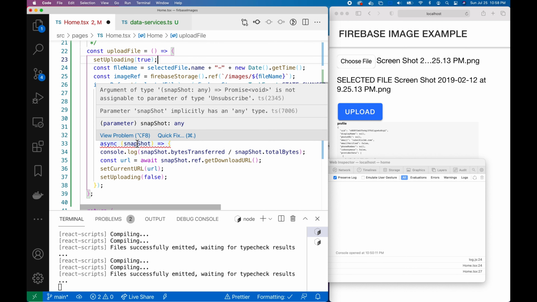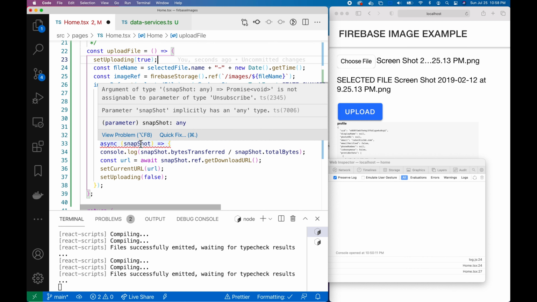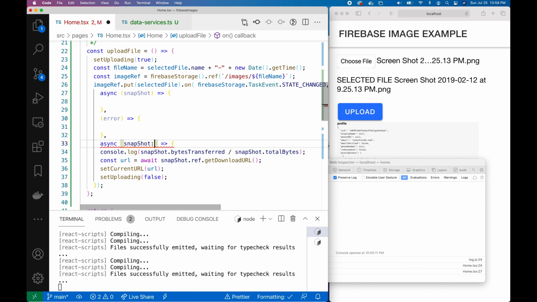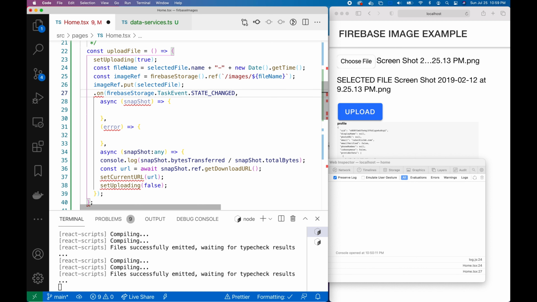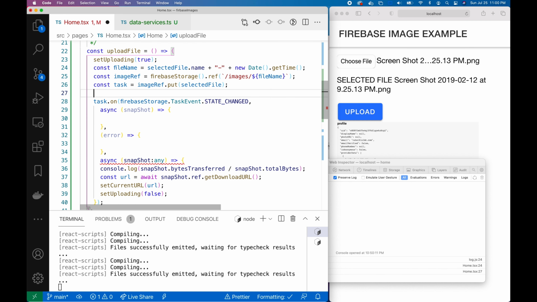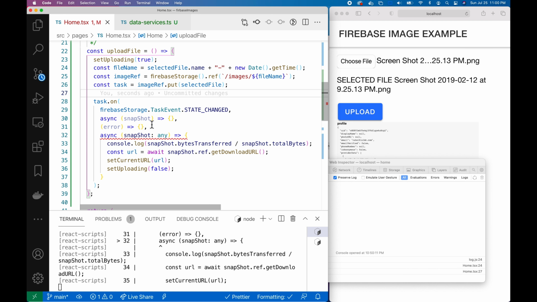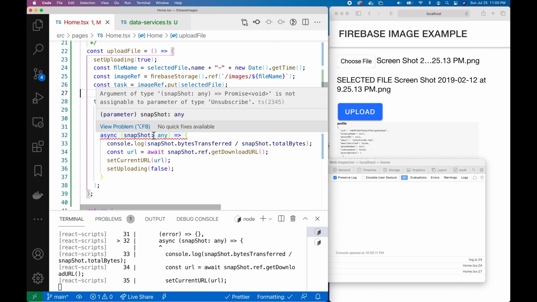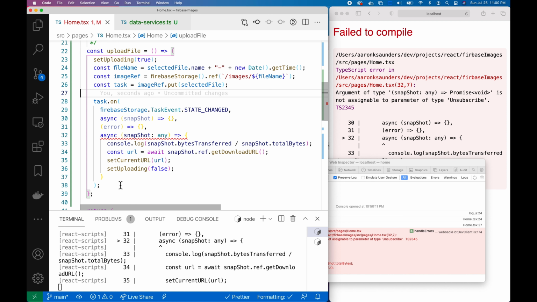What's this one complaining about? It just wants us to put any in there, so we'll put any. Oh, so it doesn't like us doing it this way. So let's separate this out. We're going to call this our const task. And then we're going to listen for the events on the task. Okay, so we're going to do that first, and then we have our error, snapshot, and then this last guy,